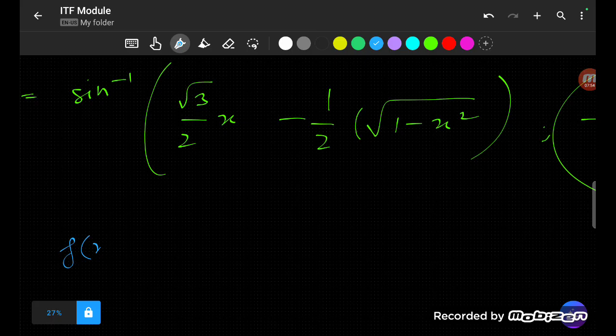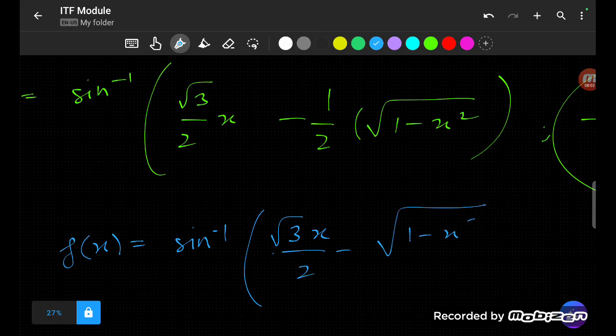Okay, so quickly, f of x is sine inverse root 3 x by 2 minus this,